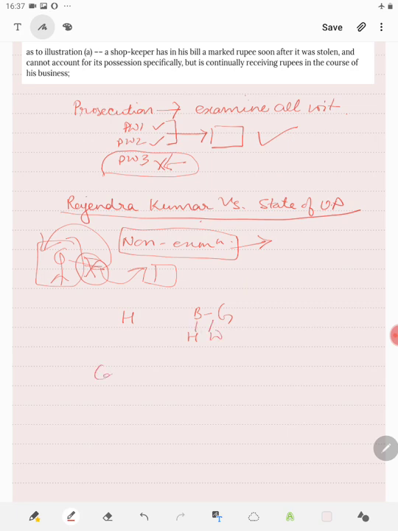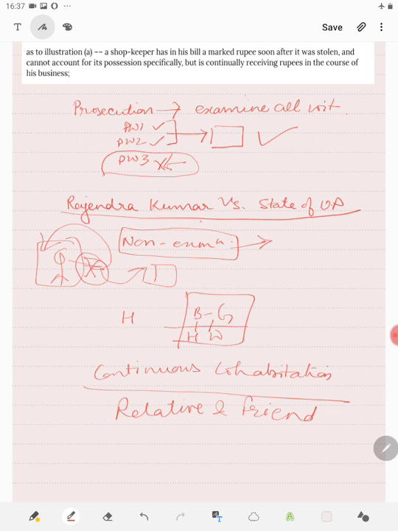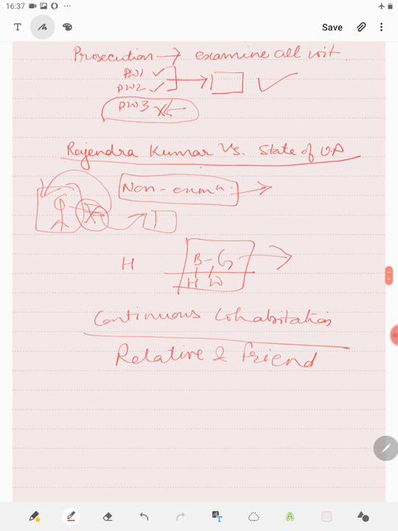If there is continuous cohabitation, and their relatives and friends take them as husband and wife, then it can be presumed that they are married. However, in the case of Lolo versus Durghatya,